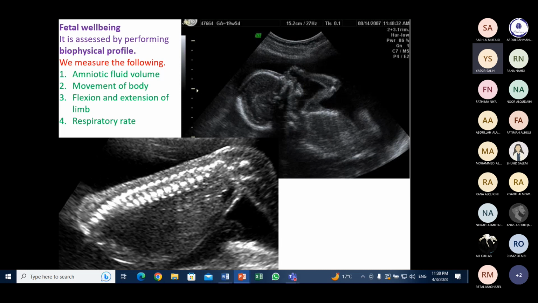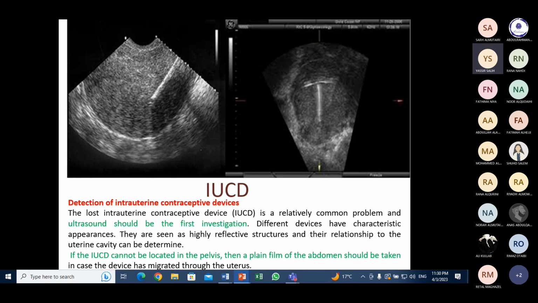the points. So this is called the biophysical profile, which can be done by assessing these points: the amniotic fluid, the movement of the body, flexion and extension of the upper and lower limbs, and measuring the respiratory system. Now we know about methods of contraception,